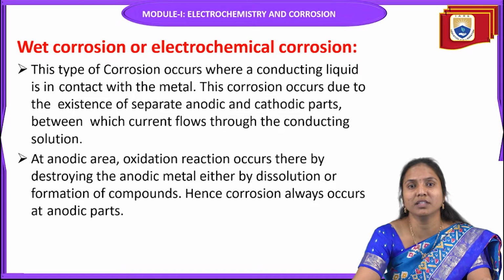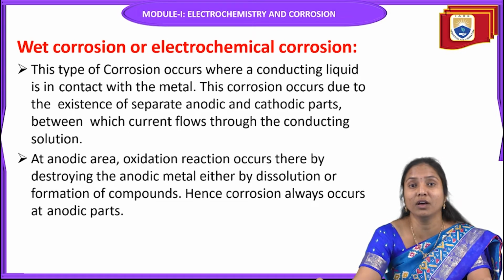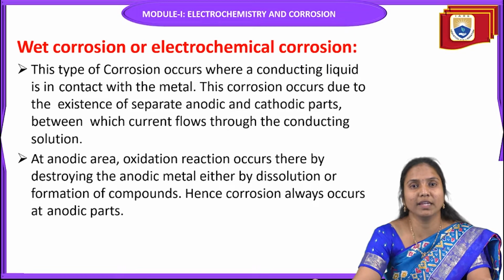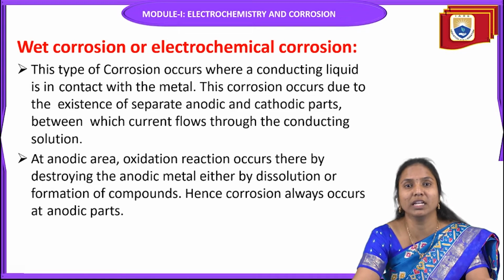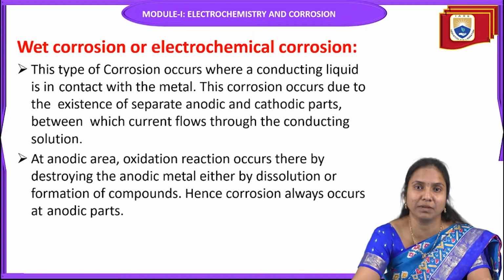Oxidation corrosion is the direct chemical action of oxygen on the metal surface, at low or high temperature, usually in the absence of moisture. Corrosion by gases means metals interact with atmospheric gases and form a gaseous layer on the metal surface. When metals interact with liquid, it forms liquid metal corrosion. In dry corrosion, whether the metal oxide layer is protective or non-protective is clearly explained by the Pilling-Bedworth rule, which we already discussed in the last class.